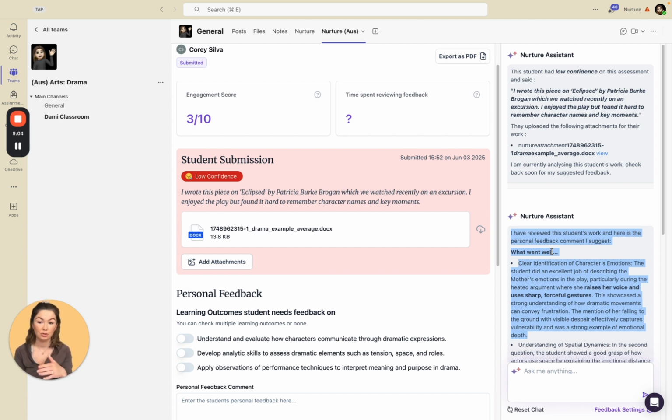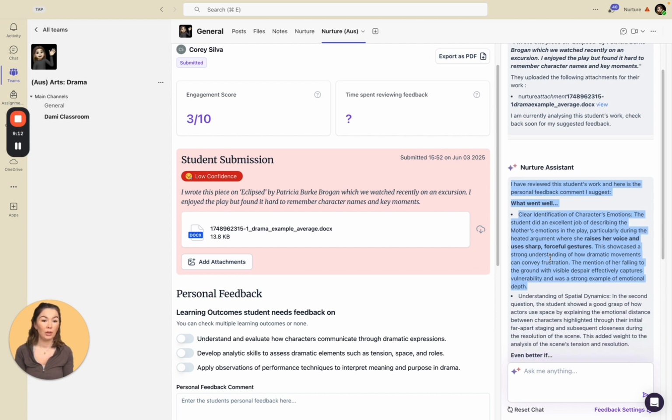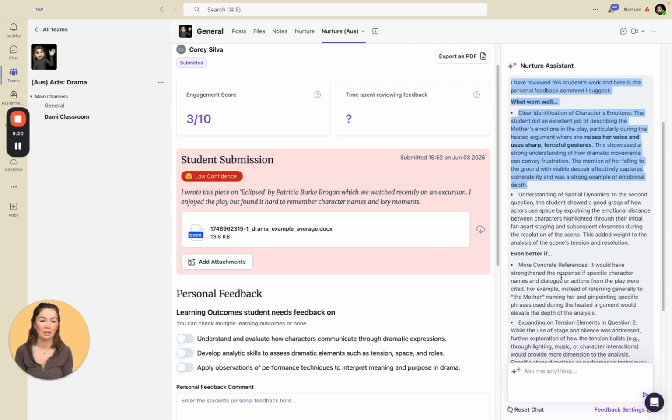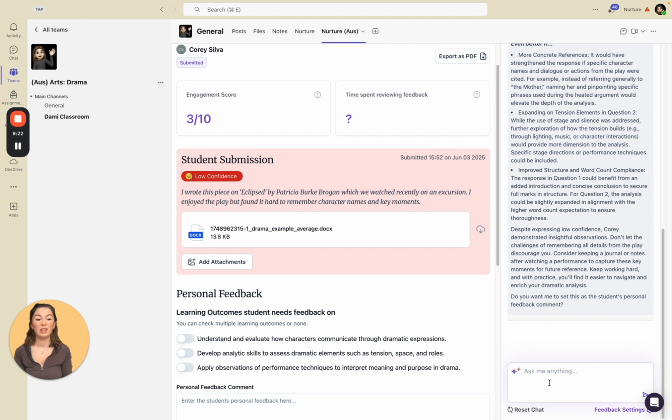It'll always structure what went well, even better if, unless you instruct it in the customizable instructions to format it differently. So, for example, in what went well, the assistant has said clear identification of characters' emotions. Student did an excellent job of describing the mother's emotions in the play. Lovely. Okay. But one of the things that I think about this feedback is maybe it could be a bit